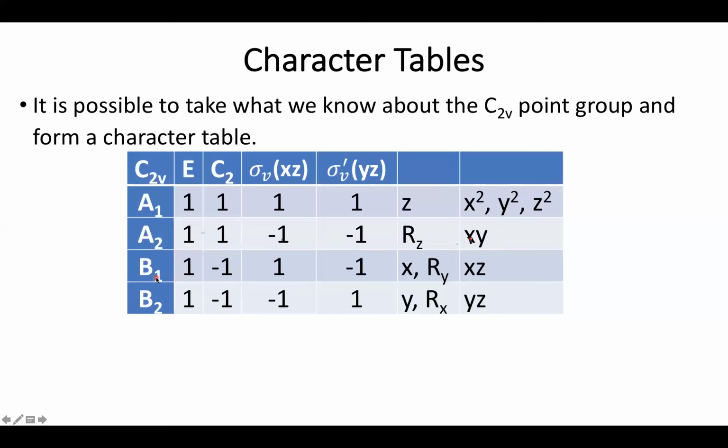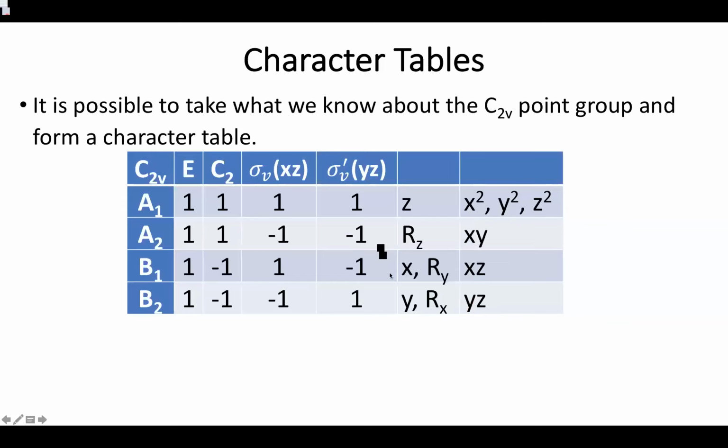But it turns out that our B1 irreducible representation is also going to describe our px orbital and our dxz orbital. And similarly, our B2 irreducible representation is going to describe our py and our dyz d orbitals. So by looking at our character tables, this is actually really useful when I'm looking at the orbitals,